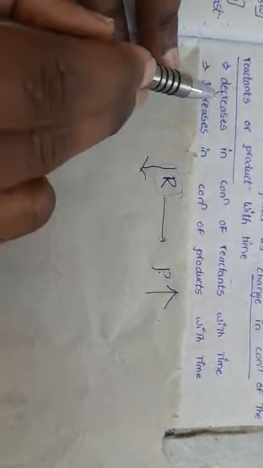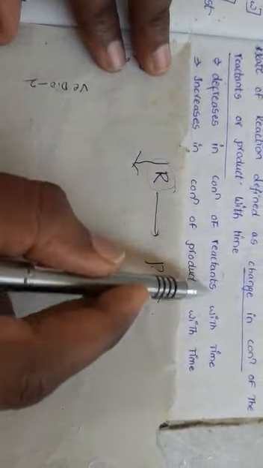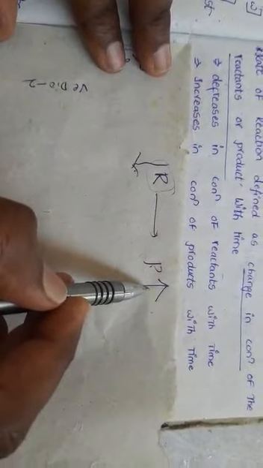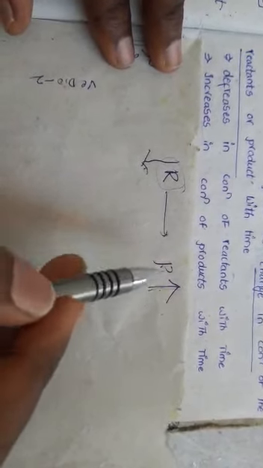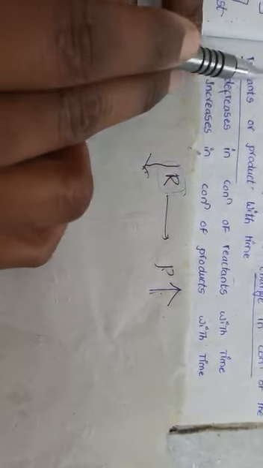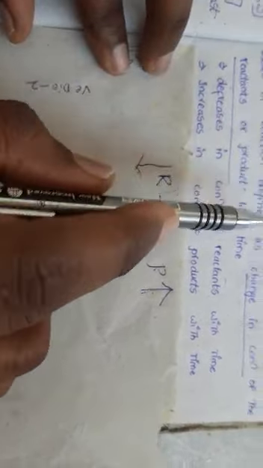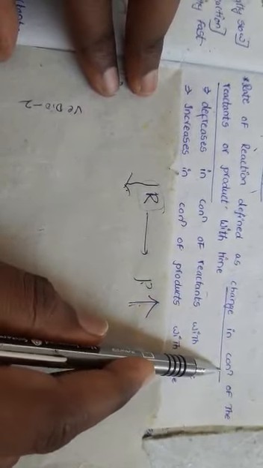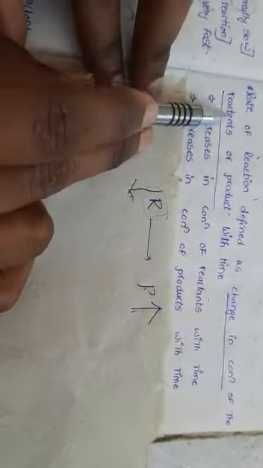So the decrease in concentration of reactants or increase in concentration of products with time is also determined as the rate. The rate of reaction is defined as the change in concentration of reactants or